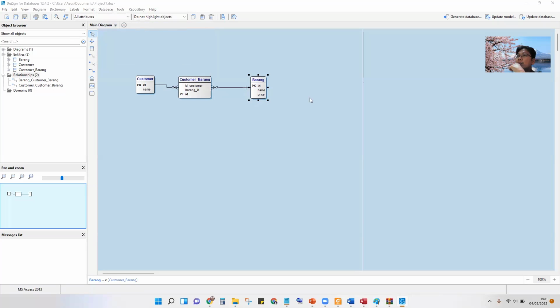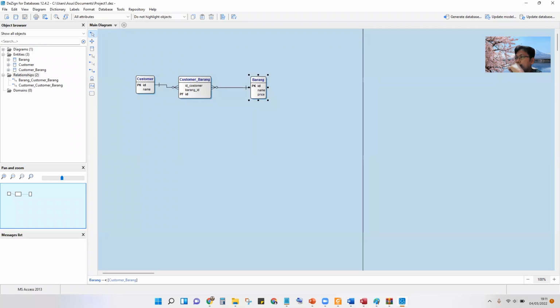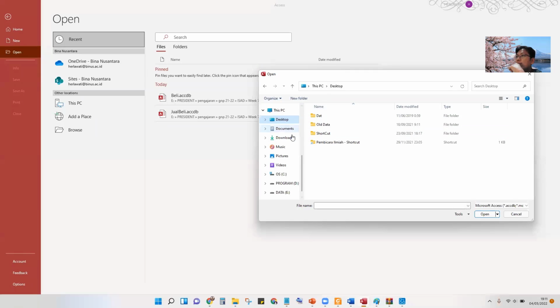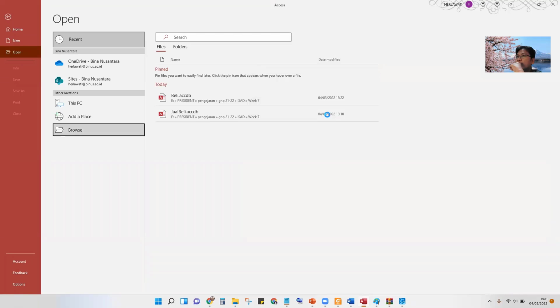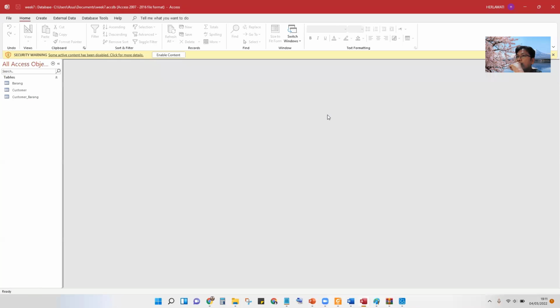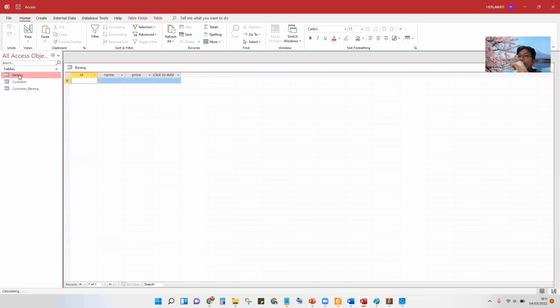Generate database. In the document, sorry, in the document. You see, the dynamic design has already created this table: name, price, this is the customer.